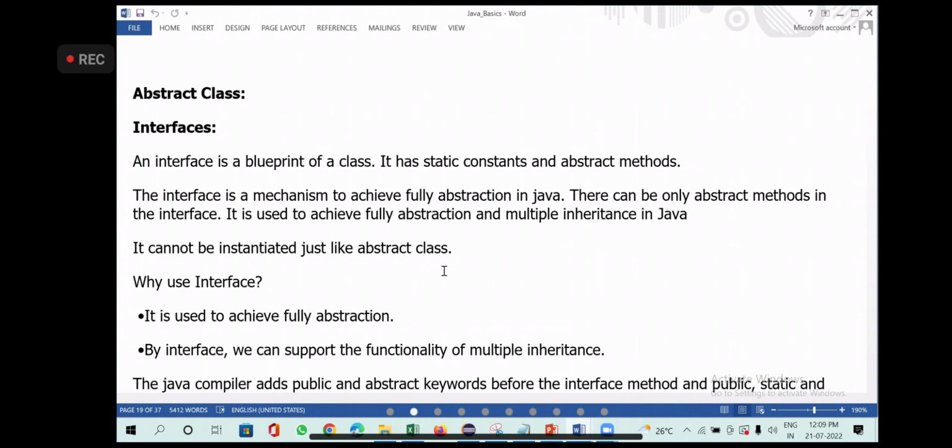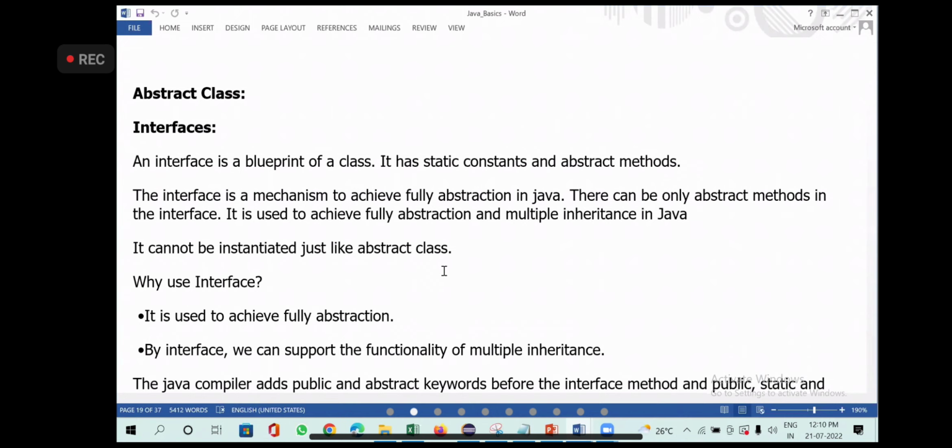An abstract method is the one to which no definition is provided. Full stop.